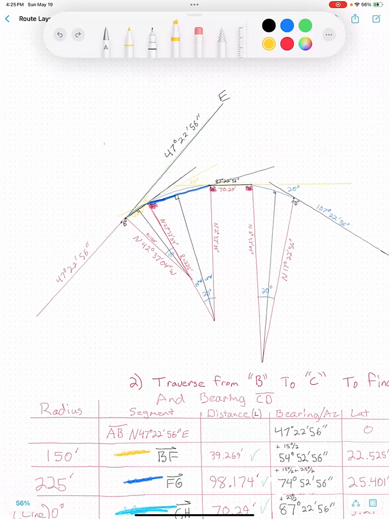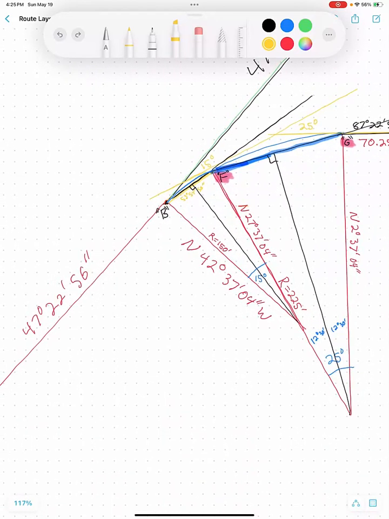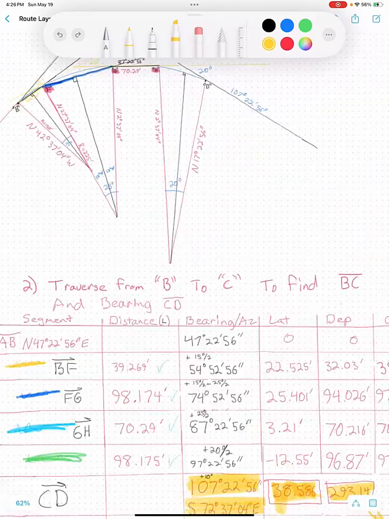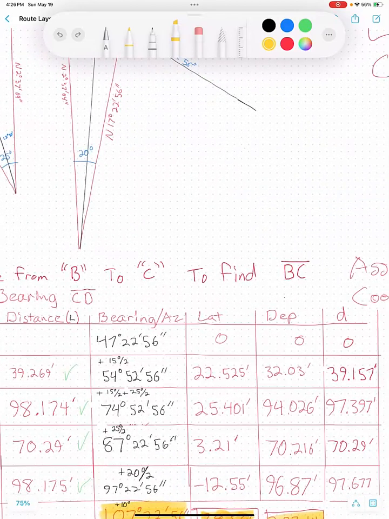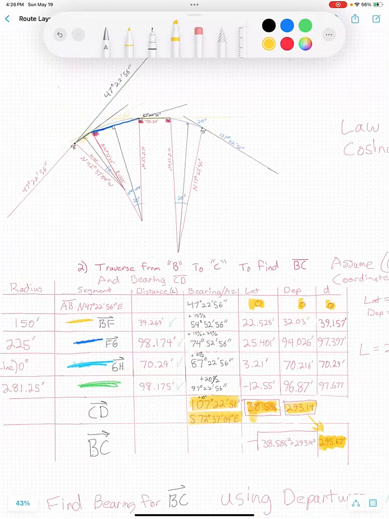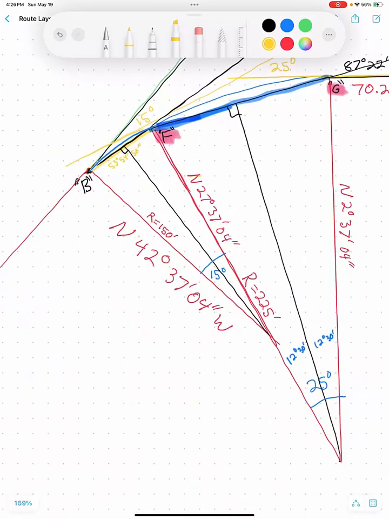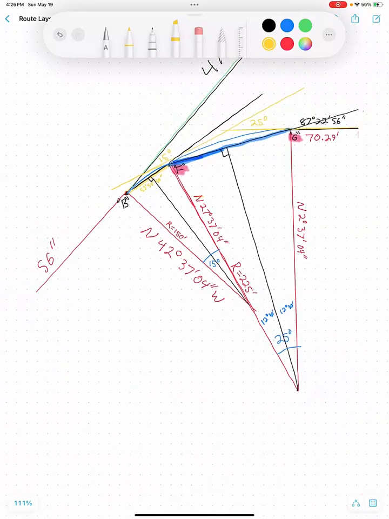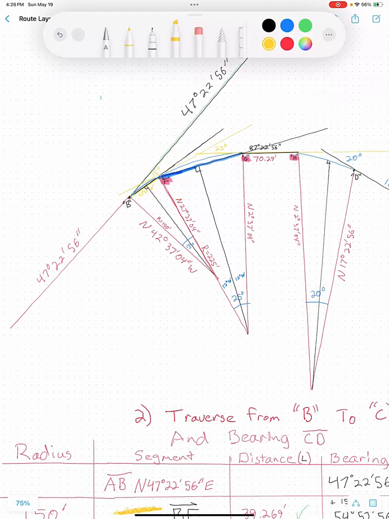We start out with this given bearing at that point B. We were given that bearing of 47, 22, 56, and we just assume a coordinate value of 0, 0 for B because we don't know it, right? That's what you'll see I've placed right here. We just assumed that, and obviously there's no distance there because it's the origin. So point B becomes the origin, and then we're going to traverse using these different delta angles that we have along here